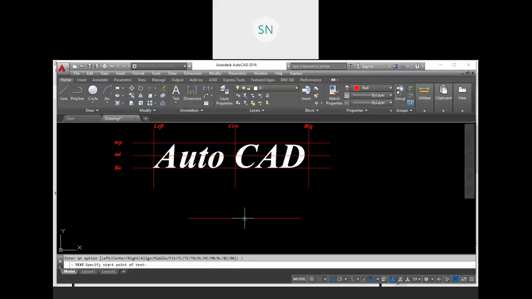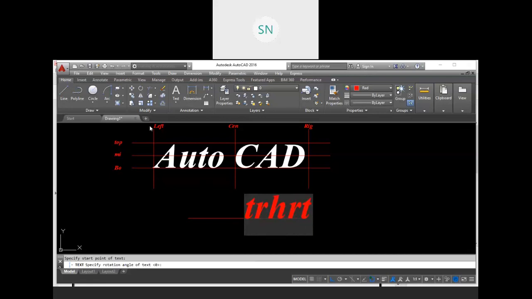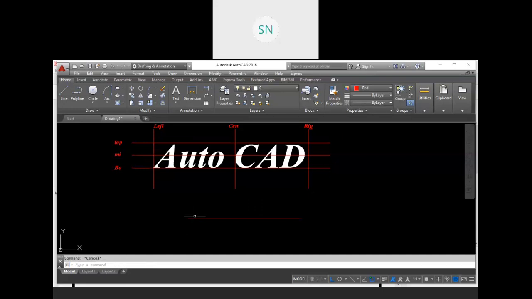Let me see. Left, this point, enter and type. So see, it will act as a bottom left justification. So this point, our text is on the right side and on top of that point. Similarly, we have center and right in DT, and also we have two more options, align and fit. This middle is nothing but middle center justification. So we have four justifications in repeating condition over here.